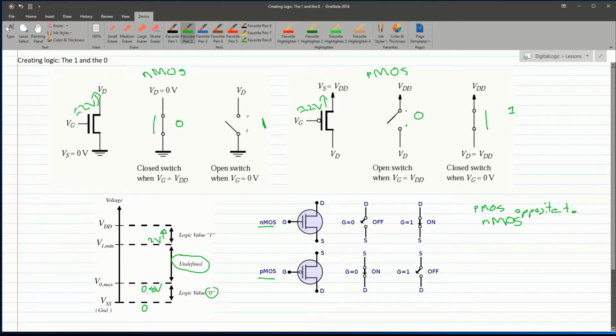Also, these areas here, 0.8 and 2 volts, is what we defined, and they're dependent on the type of transistor or the values on the spec sheet from the transistor or the MOSFET that we've created. So we've defined 0 to approximately 0.8 volts as equal to the logical value 0, and we've defined 1 as equal to approximately 2 volts or greater. Here we're assuming, well, we're going to use 5 volts up here for what we create later on